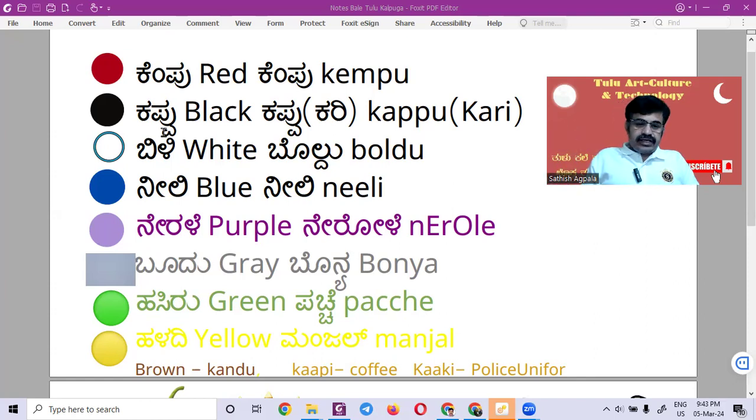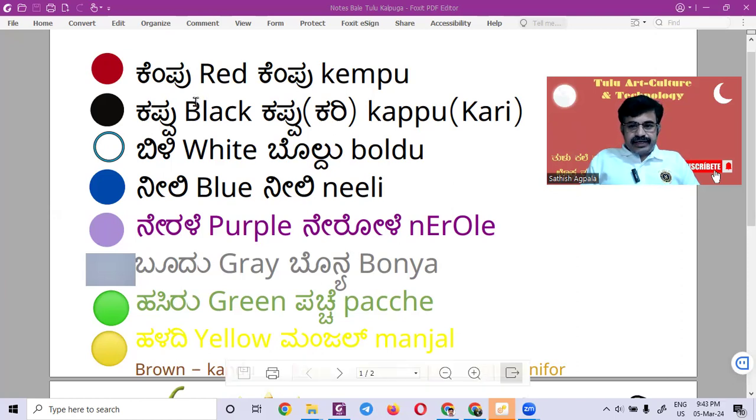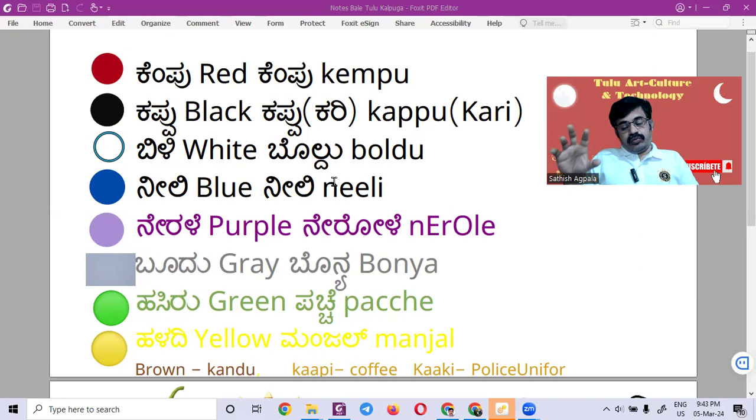Okay, the basic colors are red ಕೆಂಪು, ಬ್ಲ್ಯಾಕ್ ಕಪ್ಪು ಅಥವಾ ಕರಿ ಬಣ್ಣ, ಬಿಳಿ. ಬೊಲ್ದು means white, ಬೊಲ್ಪು means light. ನೀಲಿ, blue color. ನೇರಳೆ means purple color. ಬೂದು, gray, bonya color.